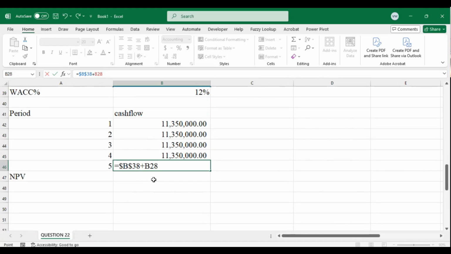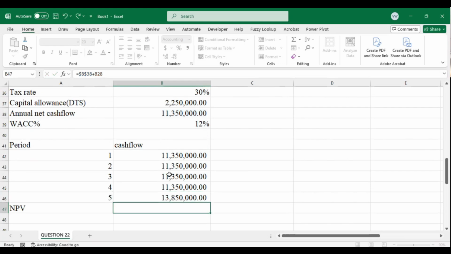So now it will be 11,350 plus 2.5 million. And you can see I've referenced the cell that has 2.5. So now the cash flow at the end of year 5 has the cash flow that was generated, plus